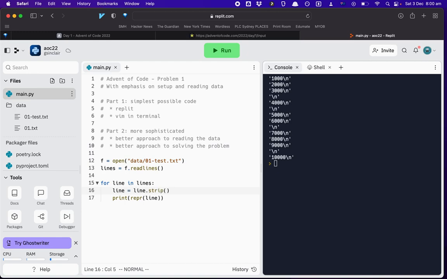All right, but we do want to strip the new lines away, and so now we can say if line is equal to an empty line, then what are we going to do here? We're going to accumulate our running sum, and we're going to set the running sum to 0. Otherwise, if it's not an empty line, we will, okay, actually I think,